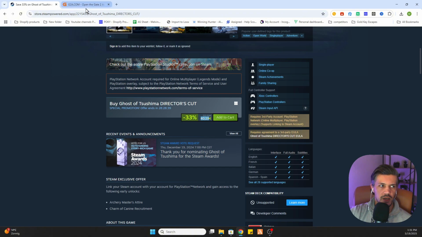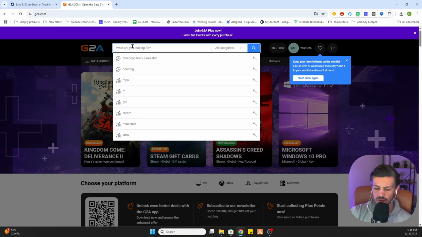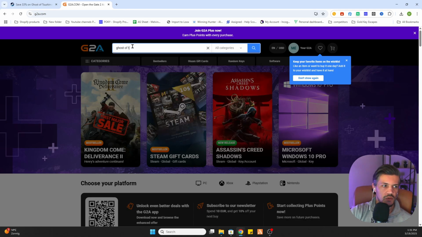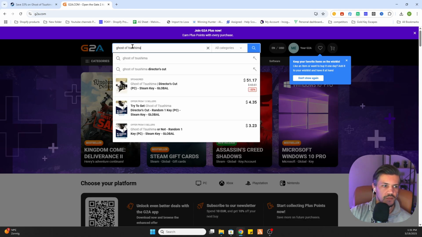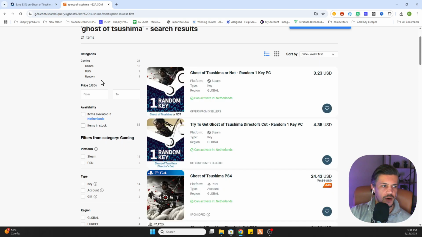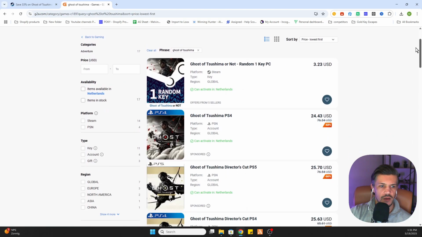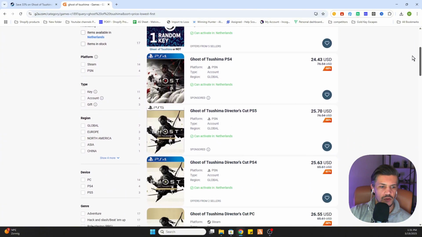But I will give you a heads up, we will go to g2a.com, and if you go there and type in Ghost of Tsushima and then search, then we will filter it on the lowest price and select games on the left side. And we scroll a little bit down,